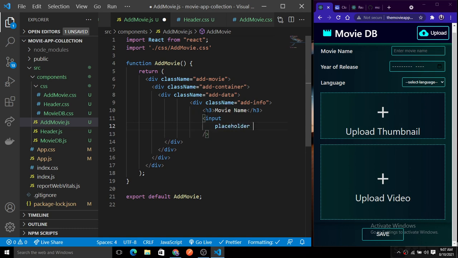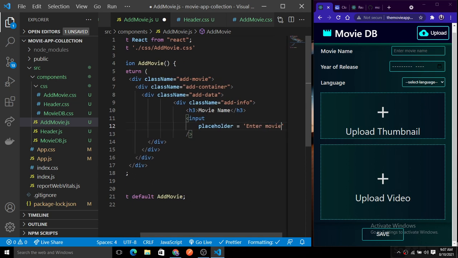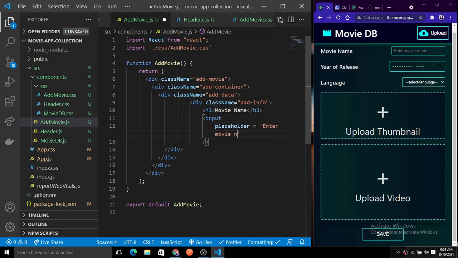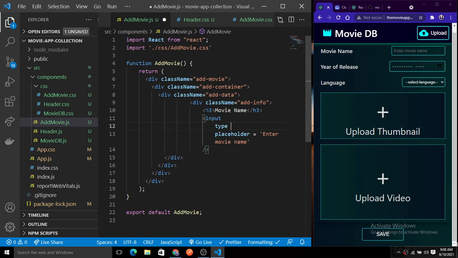The placeholder will be enter movie name. So this is the placeholder for the input field here. And we can also add a value or the onChange property later. First of all I just need to create the markup.